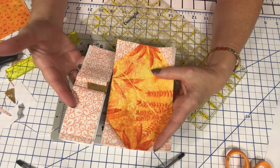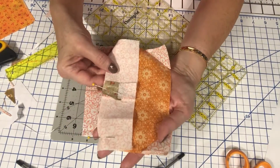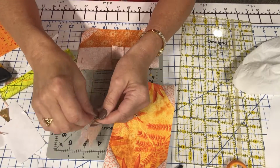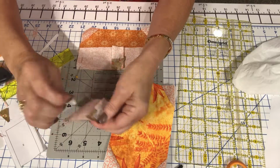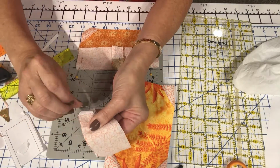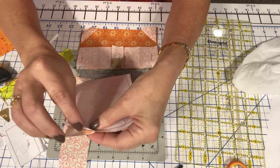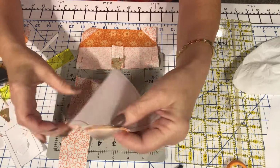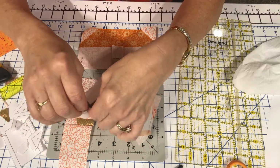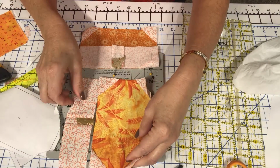So I'm going to press it, I'm going to remove the paper, and then I'm going to show you how this can be sewn to the top of the pumpkin. For both of these units, I'm simply going to remove the paper. So that one has been removed. And we'll come back over here and get this gone. There we go. All right, now I can stitch